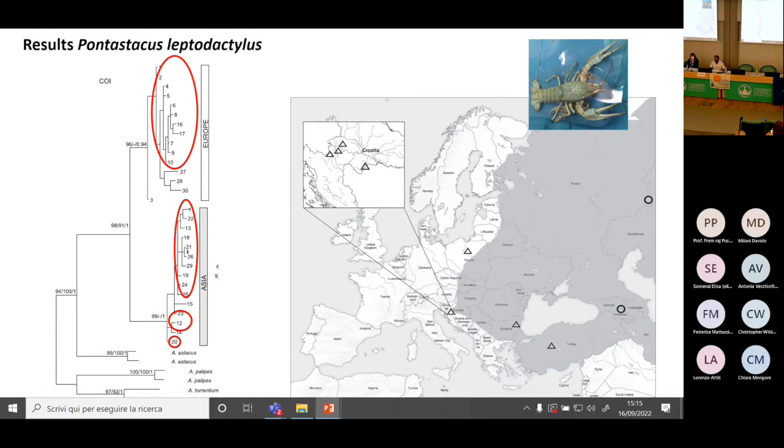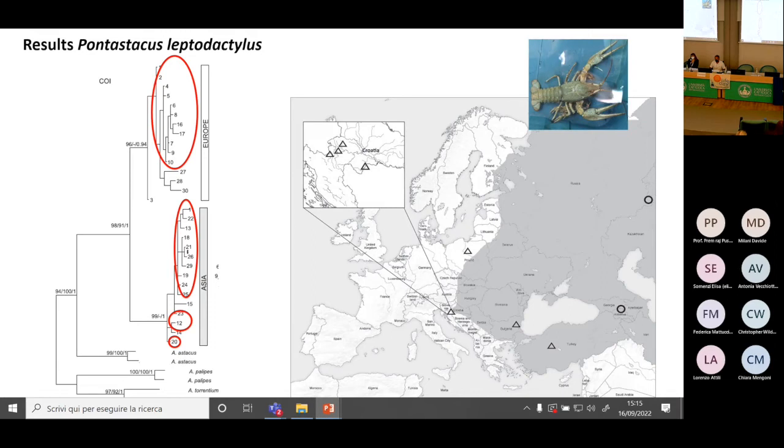Actually, it's also complex. That study showed us that within sampled narrow claw crayfish, there are 2 phylogenetic groups or 2 lineages, one that is typical for European populations and one that exists in